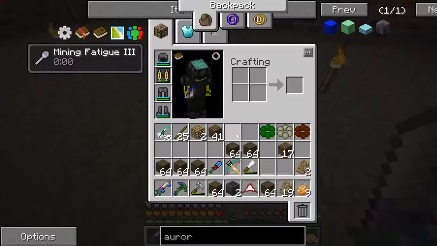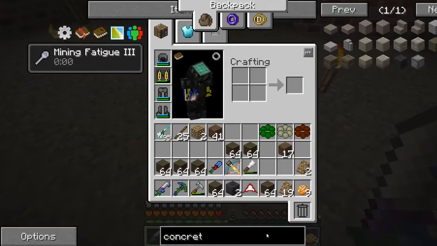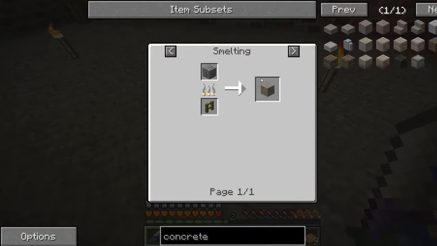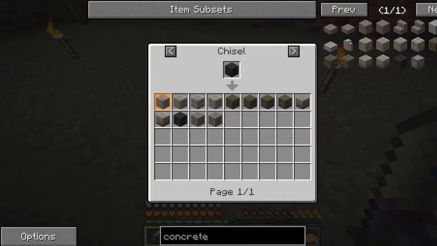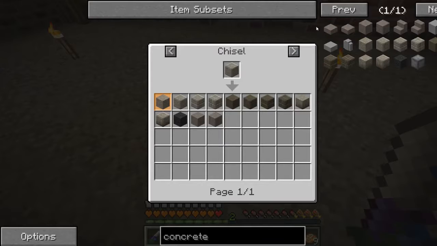I think the floor should be some sort of like concrete. See if there's any concrete. Yeah, like this chisel concrete made by smelting gravel. Eh. I don't really want to have to work that hard. Yeah, I don't really think. Oh, I'd want this. Or